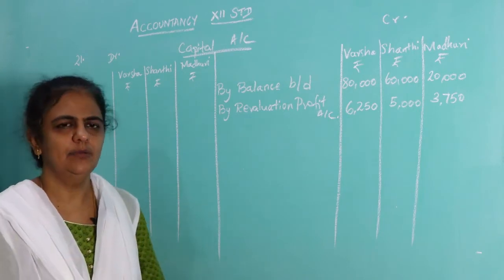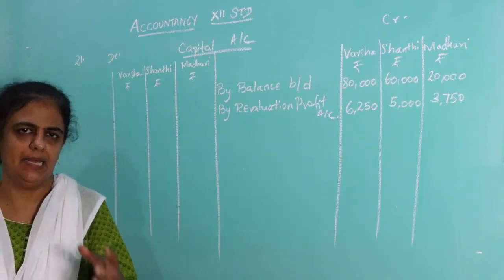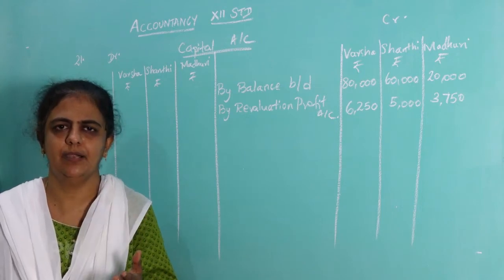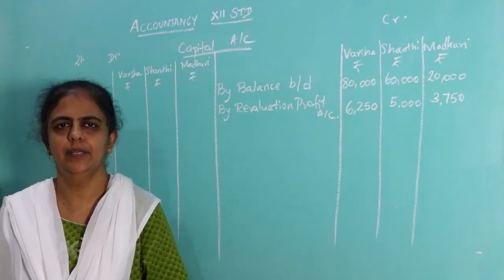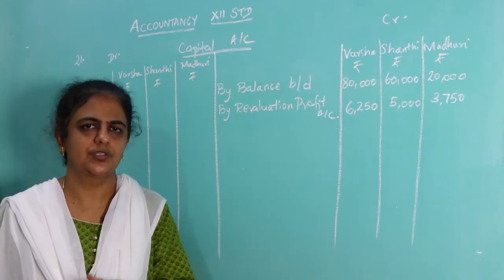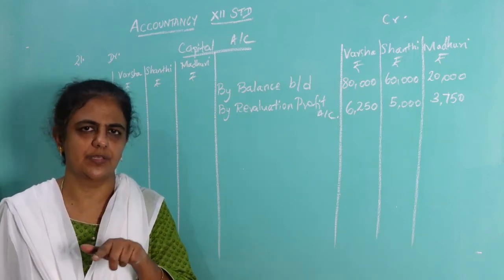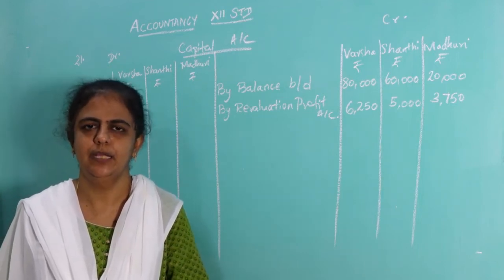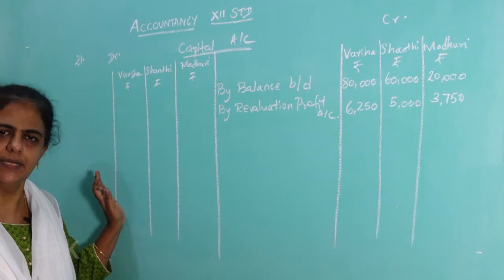Okay. Then what you must do, you have to see the balance sheet. That is, you have to see the question in the balance sheet whether there is any reserve, any fund or any P&L is there. Okay. On the asset side, profit and loss is given and the bracket is given as loss. Asset, if the P&L is given on the asset side, means it is loss. Okay. Loss means what you have to do, you have to put it on the debit side.